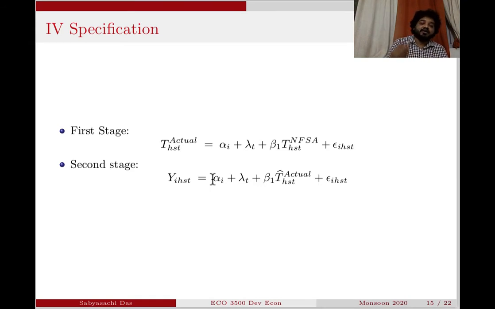Is it the case that a higher value of subsidy predicted by the change in NFSA causes the same individual, in the post period versus this period, to change the labor supply or receive a different wage?